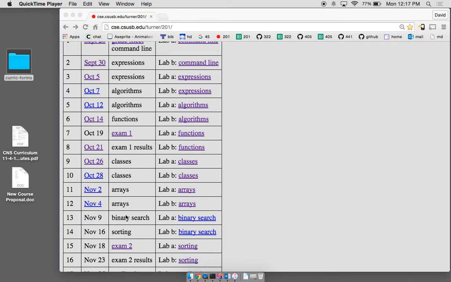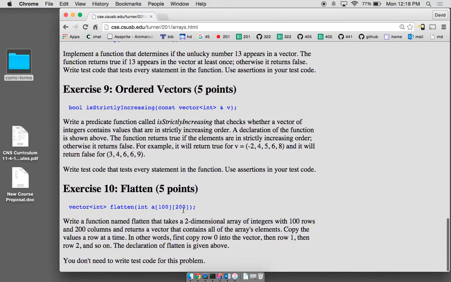So today's topic is binary search. But if there are any pressing questions about arrays, I can answer those. Or the last exercise for the section. Number 10, I didn't quite get what you were asking. Flatten. Yeah. So you've got